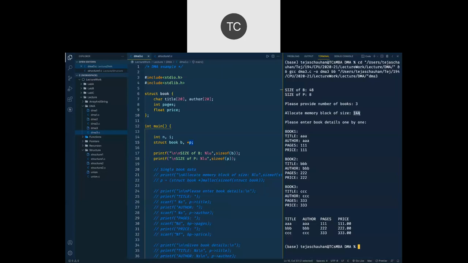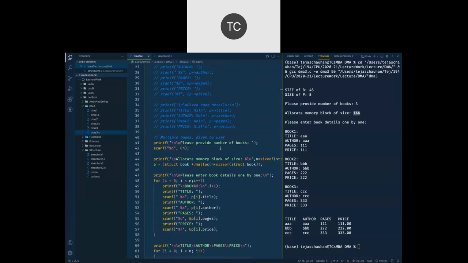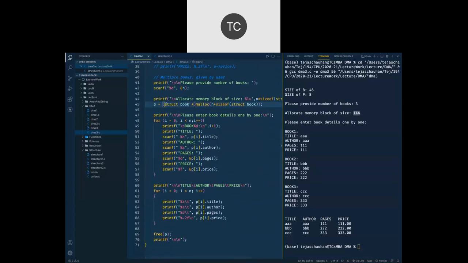So हमने 144 bytes allocate किए और उसका जो भी कोई एक एड्रेस हमें मिलेगा, when we allocate that 144 bytes block, उसका जो एड्रेस मिलेगा वो एड्रेस को हम P के अंदर स्टोर करेंगे. That's what the pointer is.